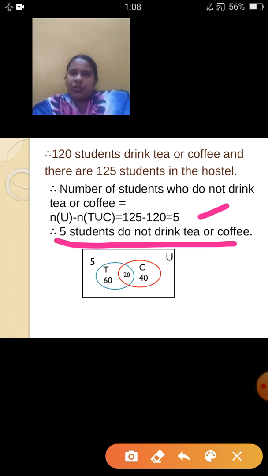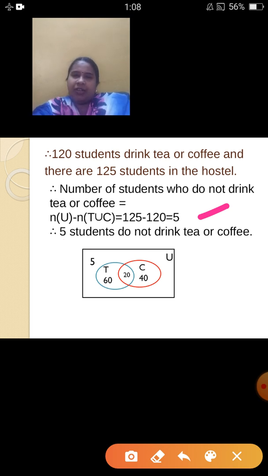But suppose in the question it is asked, and hence draw the Venn diagram. Now how is the Venn diagram to be drawn? Look at this. I hope you remember what a Venn diagram is. A Venn diagram is a diagram where I represent all the values using suitable shapes. Now your choice, you can use a rectangle, a circle, a square, an oval shape, whatever. I have made use of a rectangle and circle. This rectangle represents my universal set. This first circle represents my first set, that is students drinking tea. Then C represents students drinking coffee.